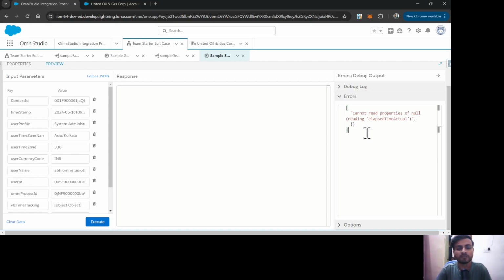I kept digging on it on the internet, but I couldn't find anything. I tried many things to fix this error, but it didn't work. Now I know why it was coming and I have a solution for it. Whenever you see this kind of error, it is coming because you have some mapping in your data raptor, or maybe some conditional formula in your integration procedure,